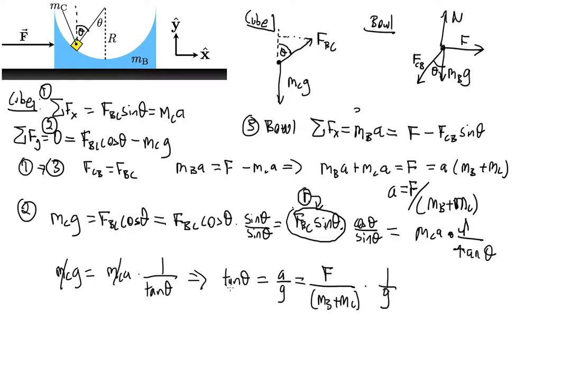And from there, I can just use the arctangent to figure out the angle. So theta is equal to tan minus 1 of this entire mess, F over mb plus mc times 1 over g. All right, and that is the solution. You can plug in your values and come to the answer that is desired. Thanks a lot for